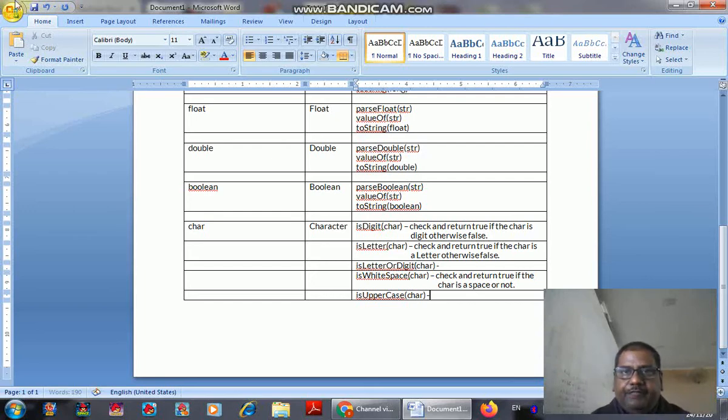If it is in capital, it will return true, otherwise it is going to return false. Similarly, we have a function isLowerCase. It will check and return true if the character is in lower case, a small letter, otherwise it will return false.